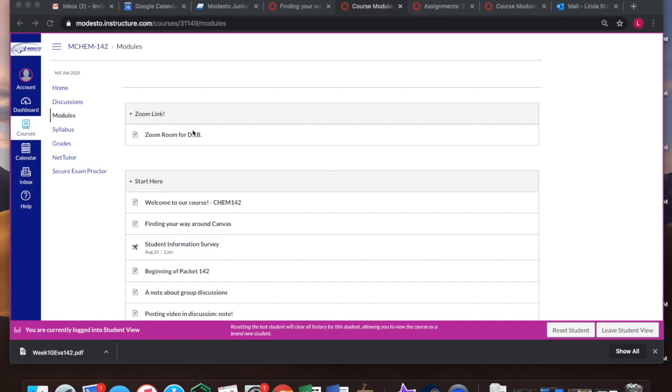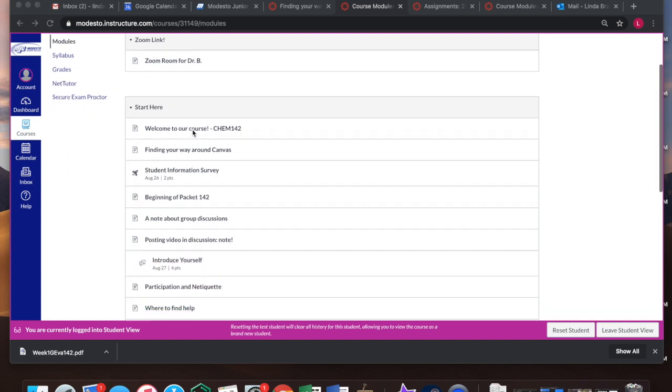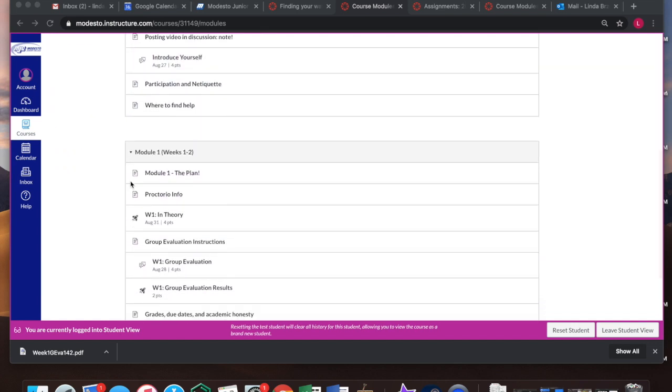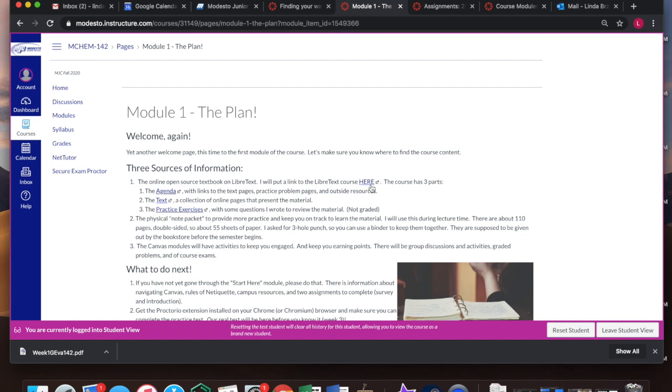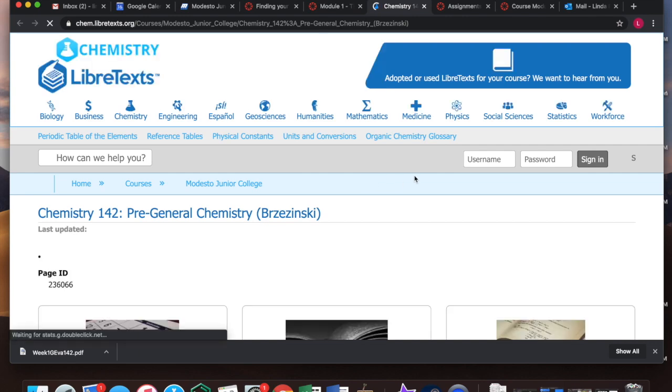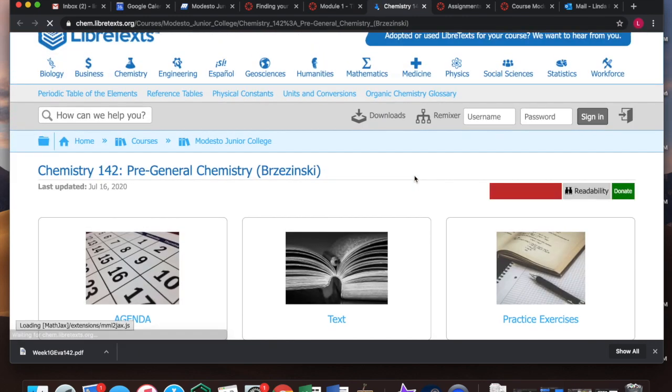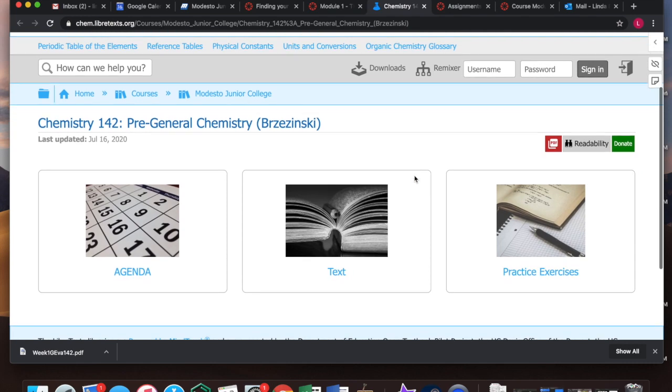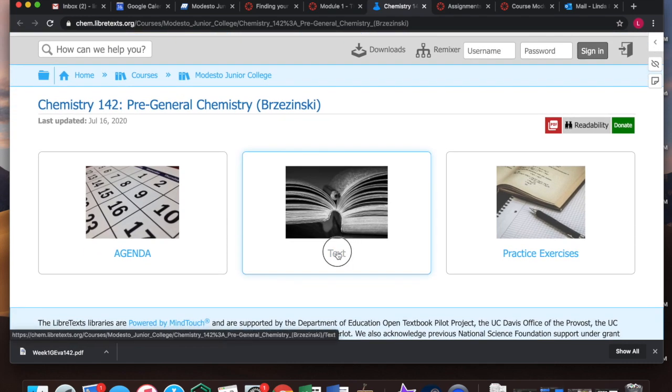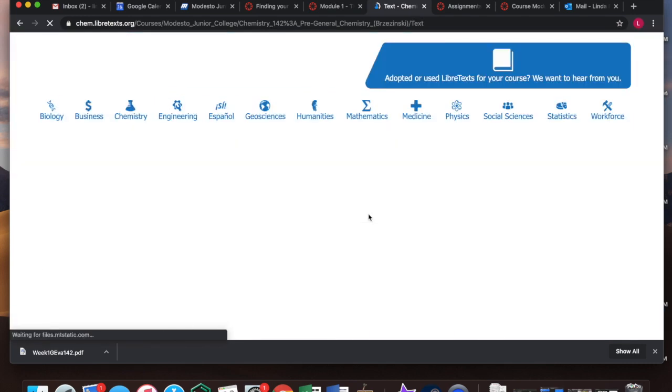Starting from the modules page again, I wanted to point out some of the material that we're using for the class. So the LibreText course, I have a link on this module 1, the first page of module 1. And this is the textbook that we'll be using for the class. We have the textbook here. I'll show you this